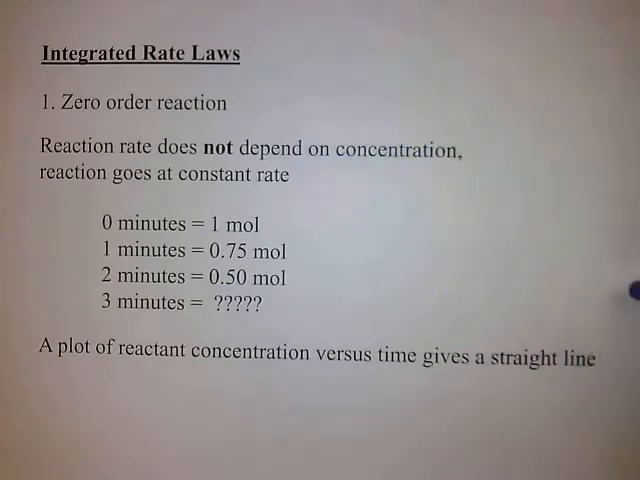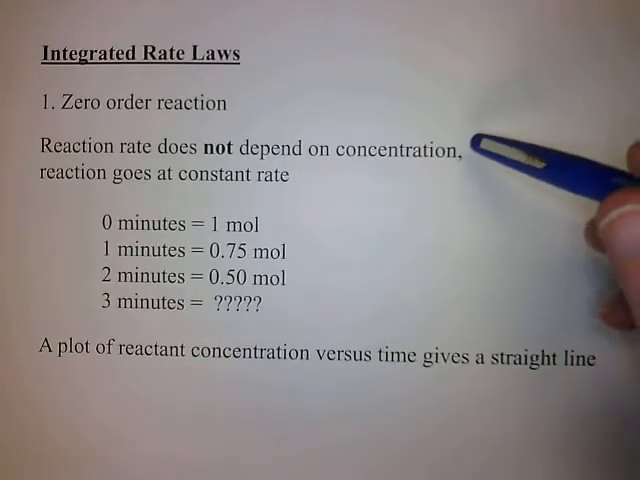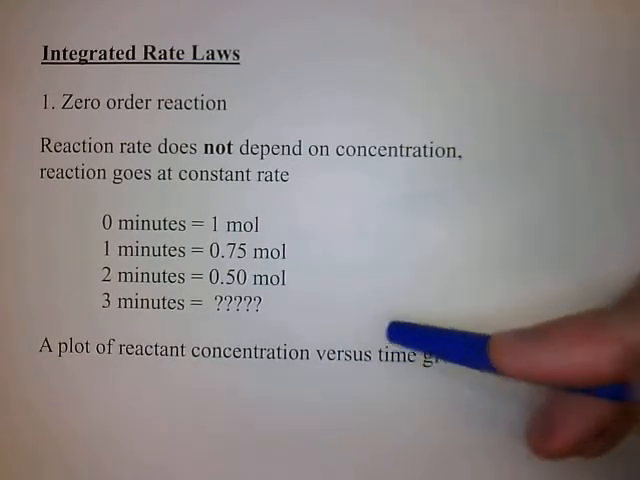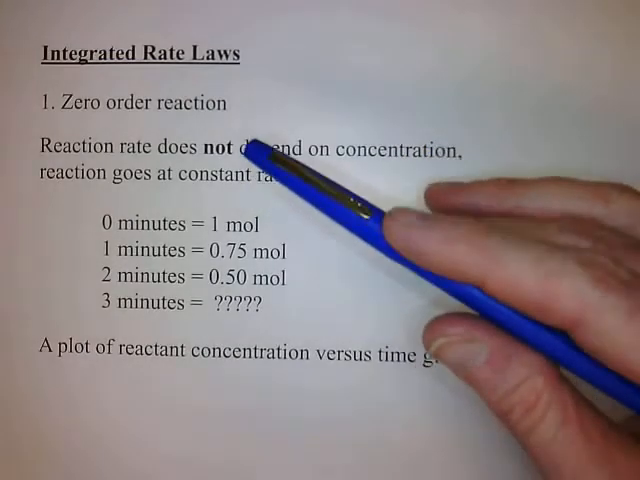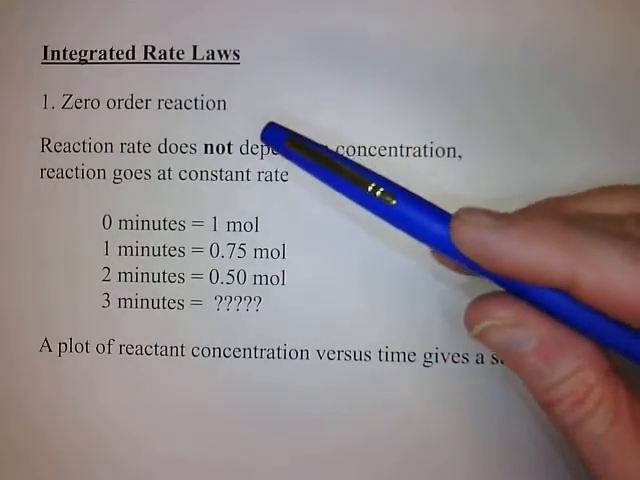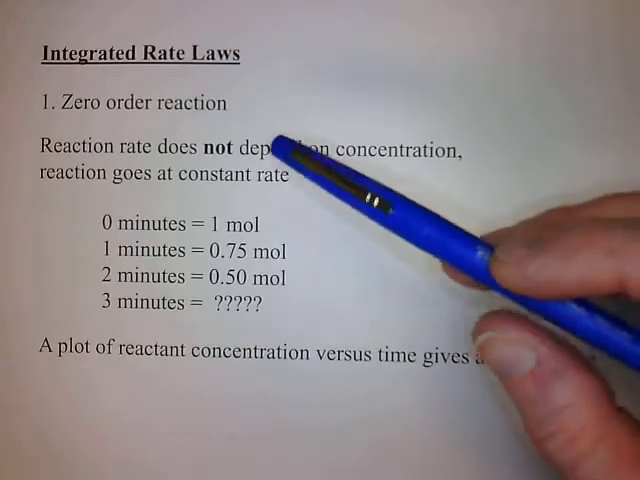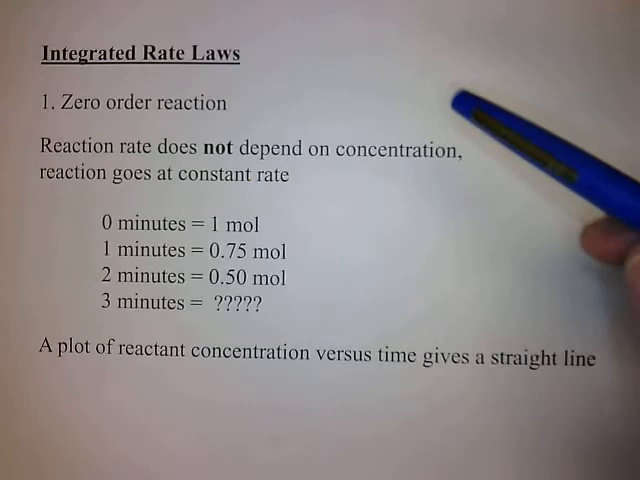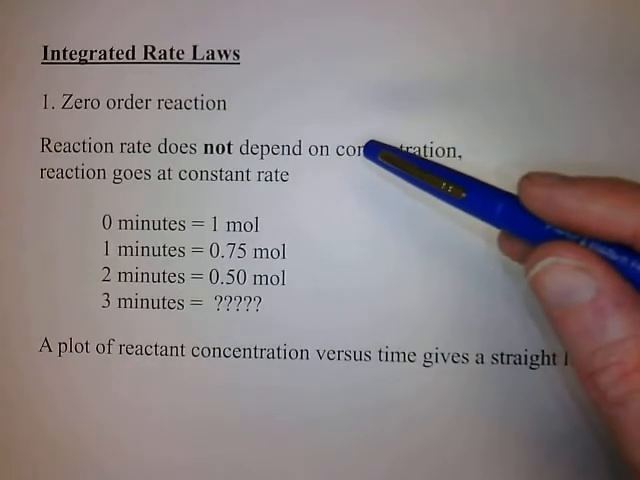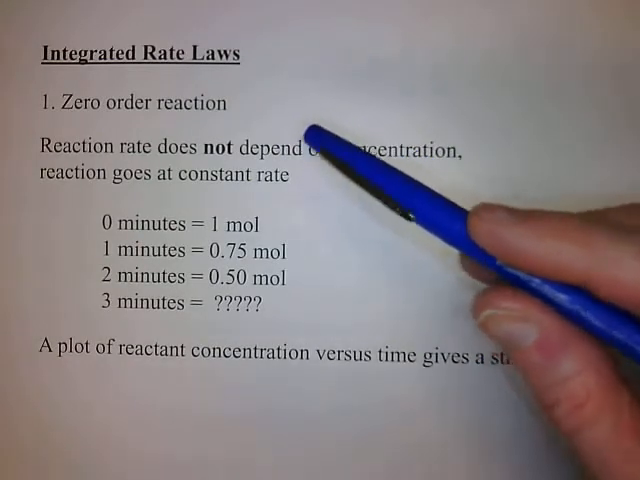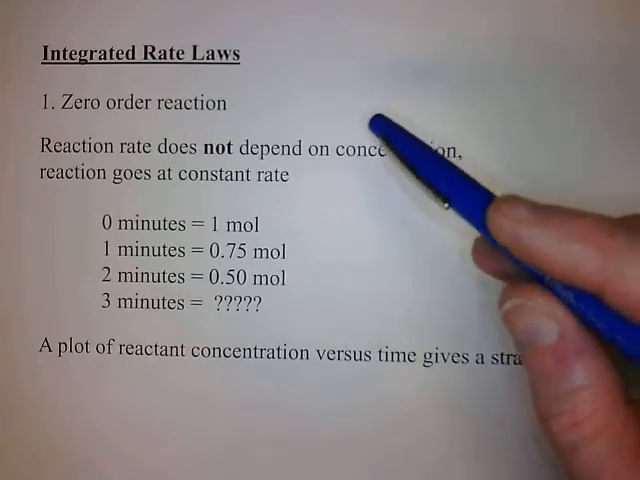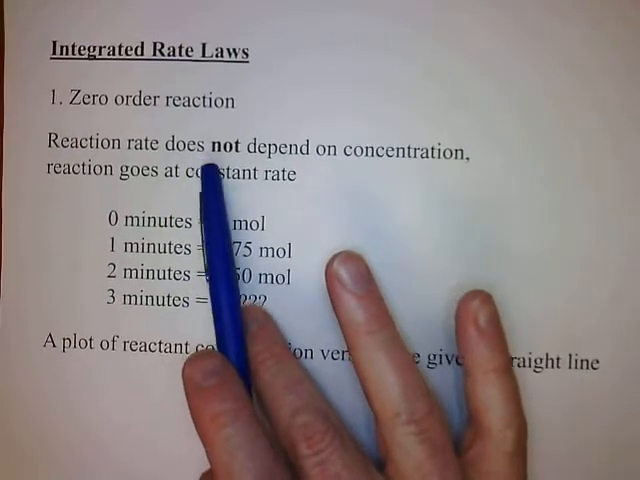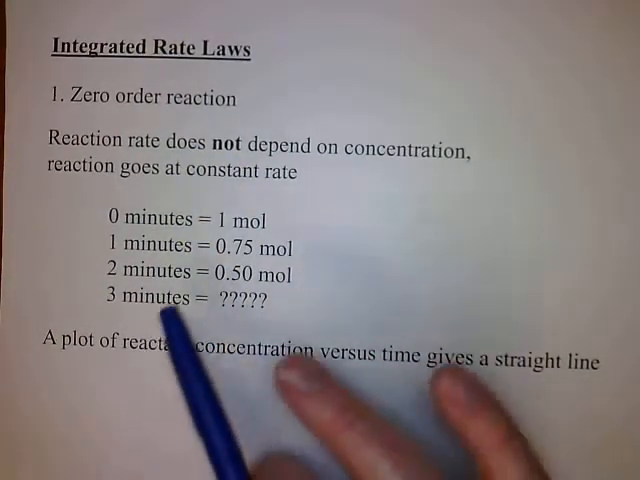rate law, the rate is going to be equal to some constant k times the concentrations of the reactants raised to their various powers. Now, if one of those powers is zero, anything raised to zero is one, which means that term would drop out of the rate law. Okay, so this is the only case where a reaction rate does not depend on concentration, and the reaction goes